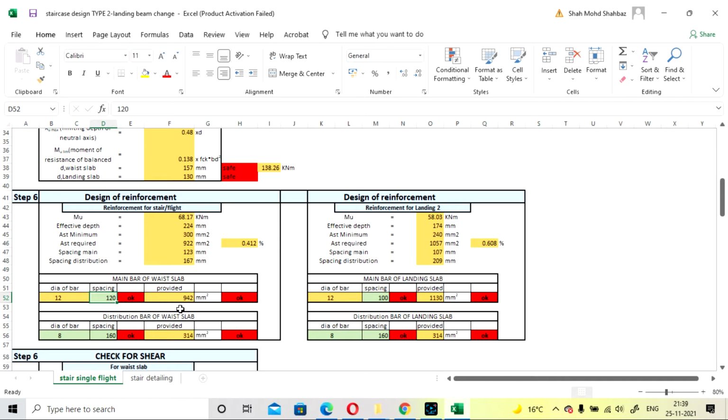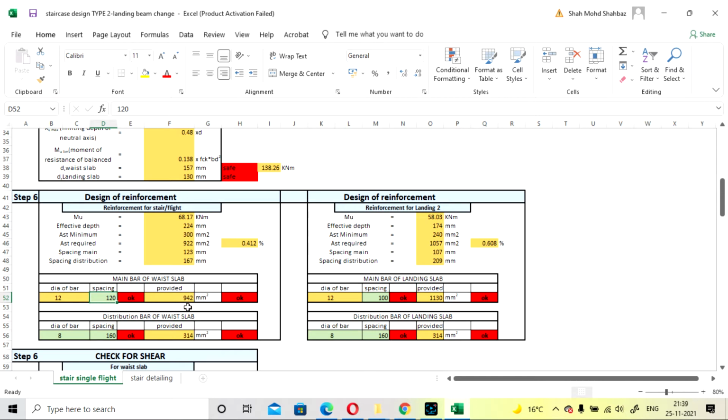So it will give you 942. Remember, don't provide spacing more than 300. This is the basic rule. So here we are going with 120, and it is less than 126, so it will show you okay here.